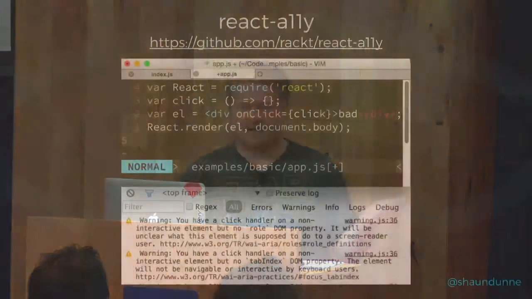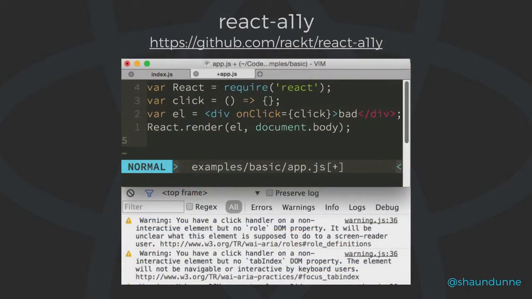At ReactConf, there was a presentation of this. I'm sure people have seen it. It's really cool. I'm not a big fan of having to include it in my code base for it to run. I think it would be better as an ESLint type plugin. But it is really handy to start understanding a little bit about accessibility roles and things like that. It chucks you errors when you haven't added a keyboard handler for a click and things like that.